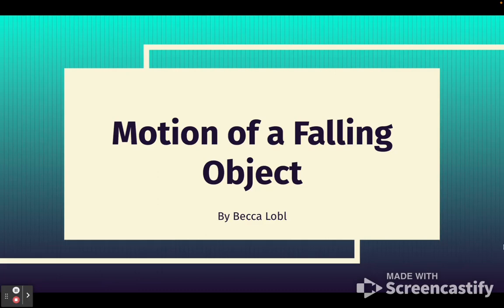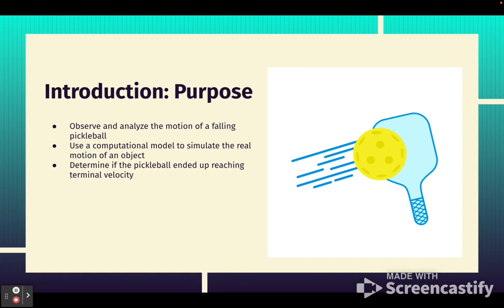I'm Becca, and this is my motion of a falling object lab. So, a quick introduction. The purpose of this lab is to observe and analyze the motion of a falling pickleball. I will use a computational model to simulate the real motion of an object and determine if the pickleball ended